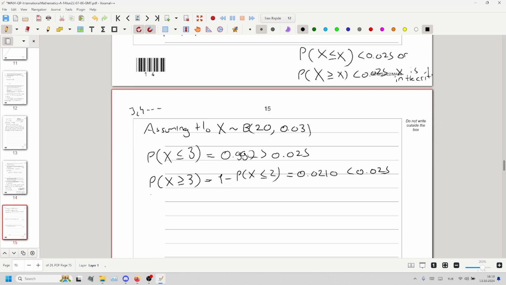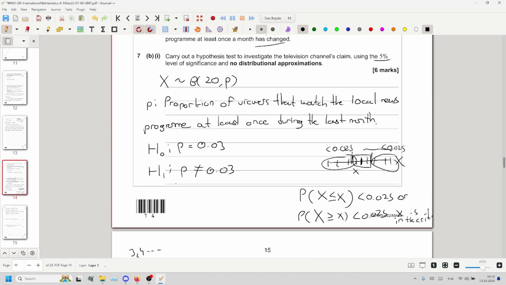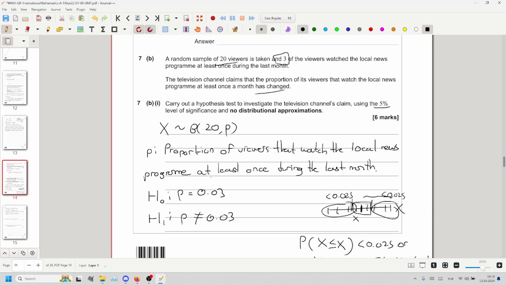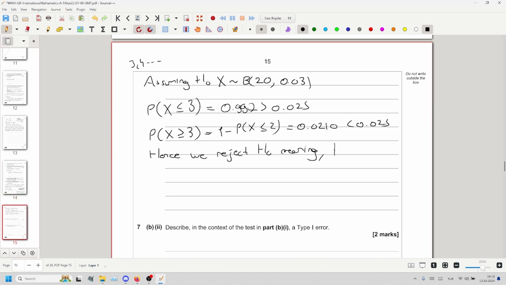So hence we reject H0, and now we can relate it to the context of the question. So rejecting H0 simply means that this probability value has in fact changed. So we have enough evidence to support the television channel's claim, meaning there is